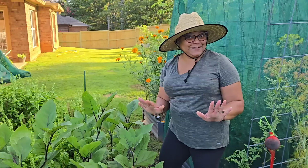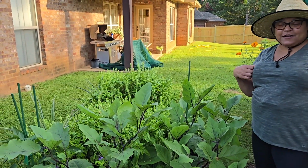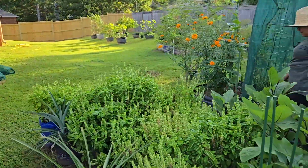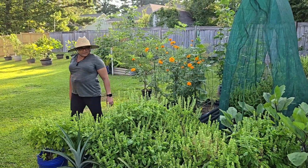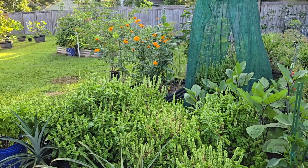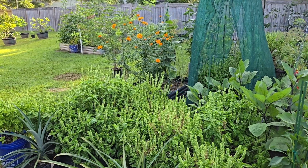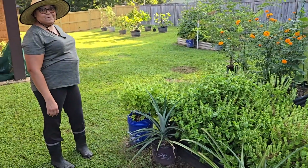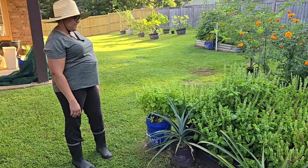And once again, you can see how basil is everywhere. So we have some more cleanup to do. This bed actually was where we started a lot of this basil with tomatoes. Was it last year? Or year before last? Year before last. And we let the basil get out of control and seed itself. And once the seeds hit the ground, you have basil in that spot almost forever. So note to self, if you want a lot of basil, let it seed. If you don't want a lot of basil, don't let it seed because you'll have it for the next 20